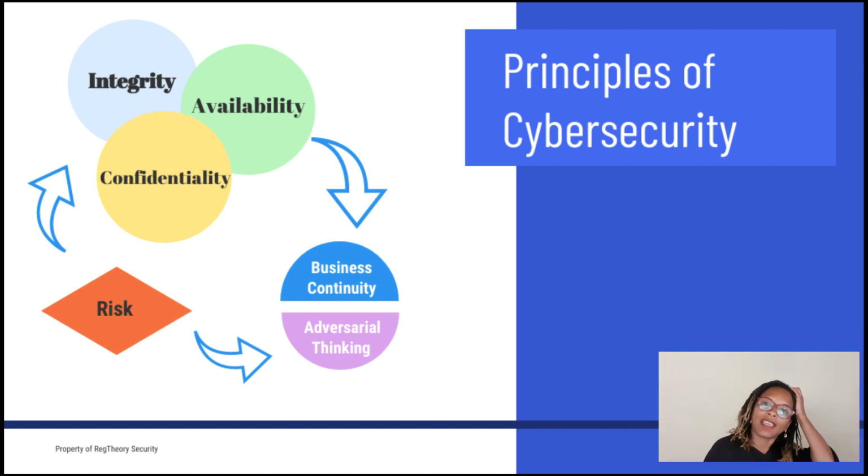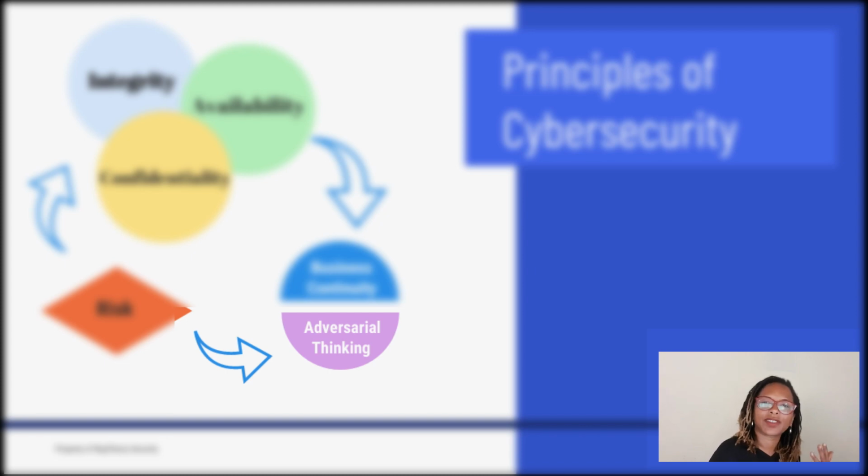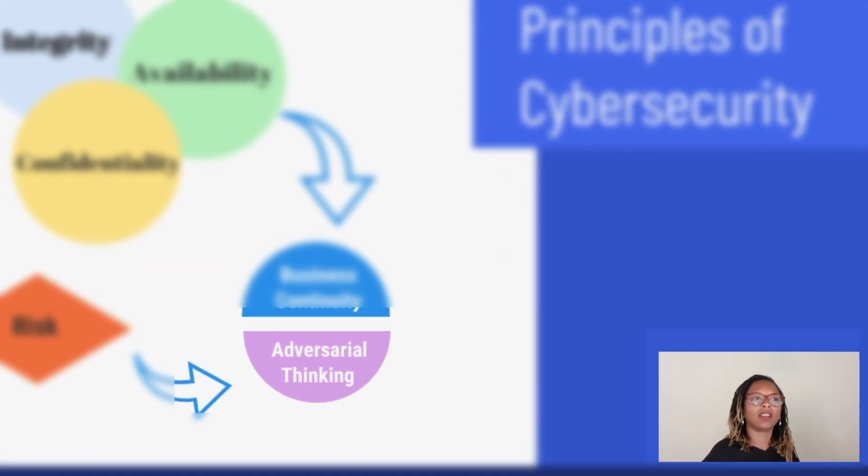Another one people may not think of often, and may not even be aware of, is adversarial thinking. You need to think like the bad guy. You need to think about what the bad guy would do and why they would do it. It's a thinking process to help you understand what could be potentially harmful to your organization, and to how your customers work with your app to access whatever service you're giving them on it. Even if it's a game they're playing on the app, if that game is connected to their Gmail account, then your game is collecting personal data on them, like their email address and full names, maybe even their birthday, and of course their payment details so they can play your game on the app.